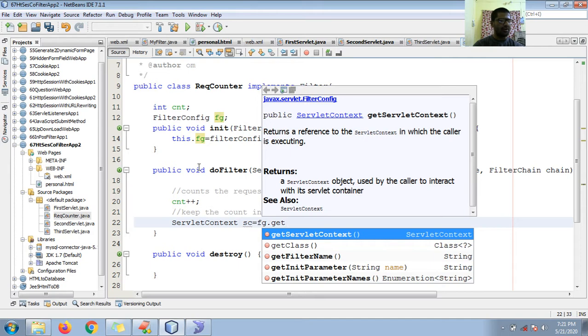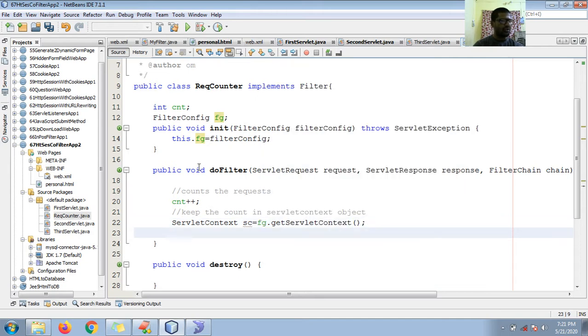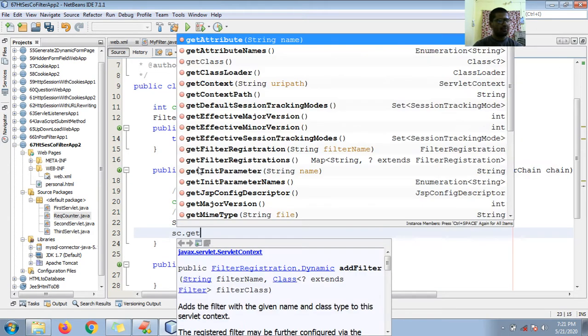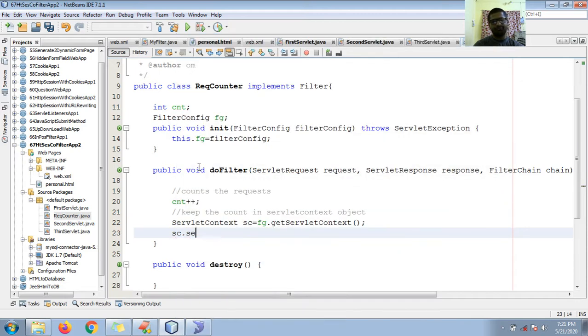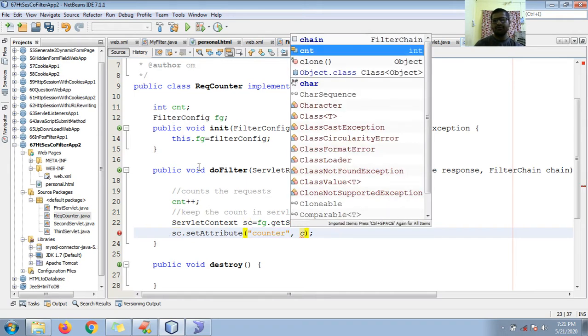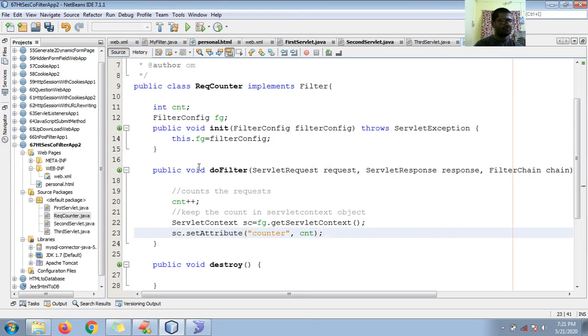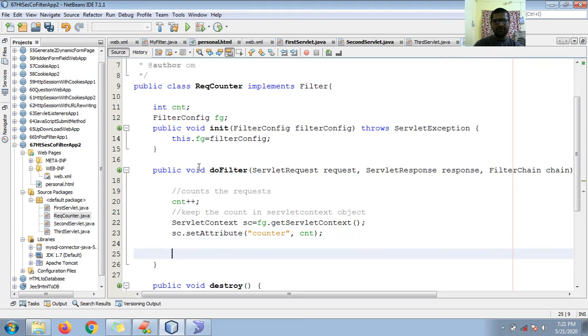So get solid context, and here I got solid context. So sc dot set attribute, and you can use the name request counter, and here you can use count.